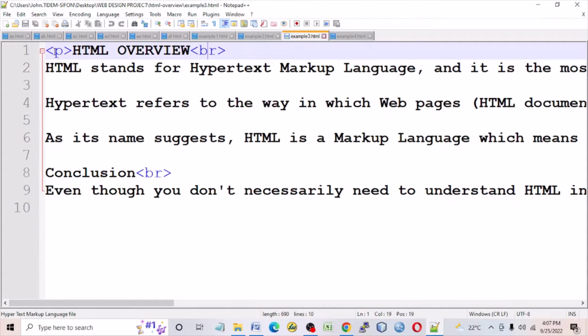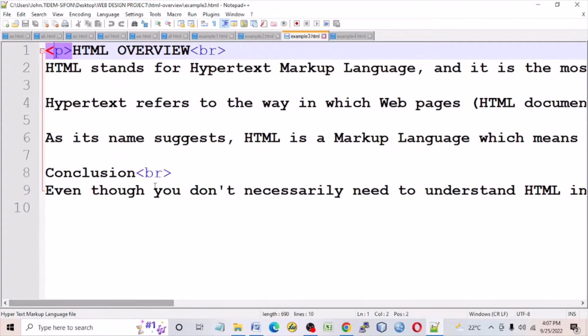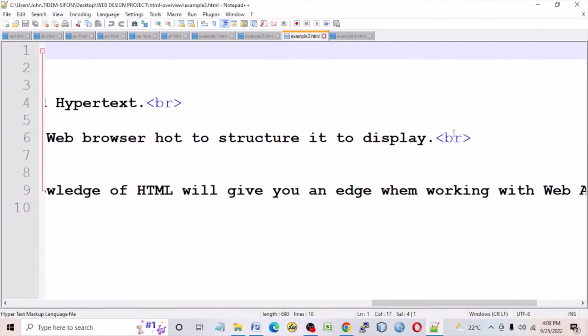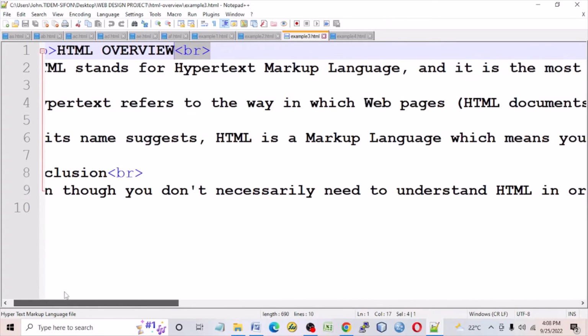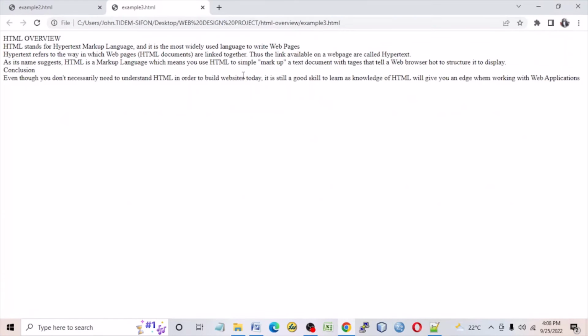So here, I just have one opening paragraph and the closing paragraph tag. Then in between, I'll just put the break elements, instead of putting in the closing paragraph or the opening and the closing paragraph as the text may be. So that's exactly what I did here. Every closing part of the paragraph, I put in my break tags. And once this is done, if you go to run again and say show this in Chrome,